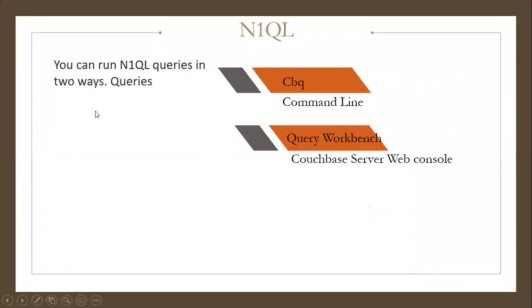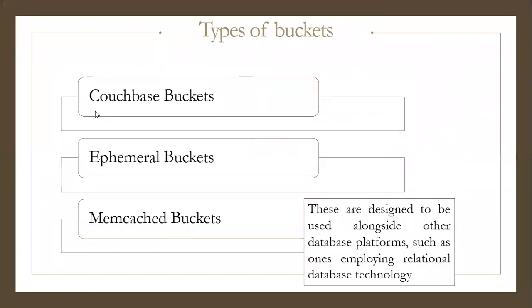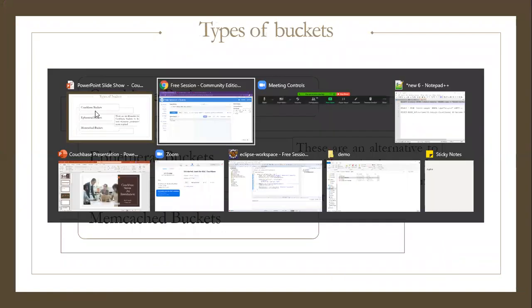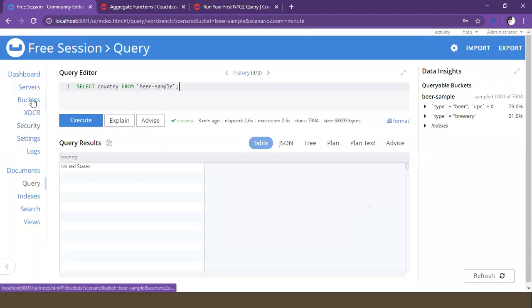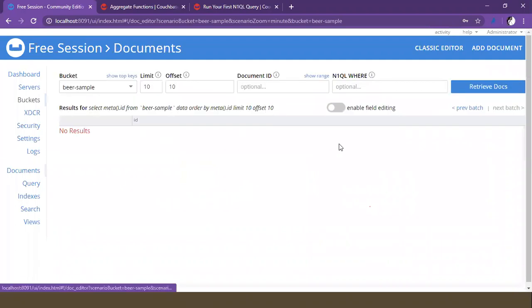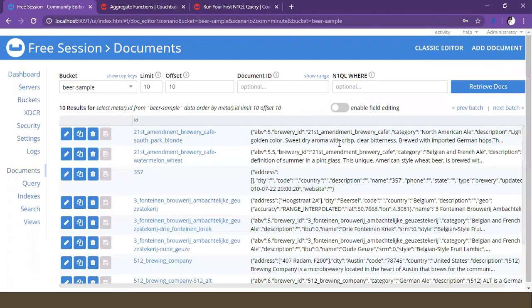And this is about the overall buckets, types of buckets and documents. The major thing associated with these buckets is that they won't provide a mechanism to store a primary key. Primary key in the sense of the ID, which is there if you click on it.